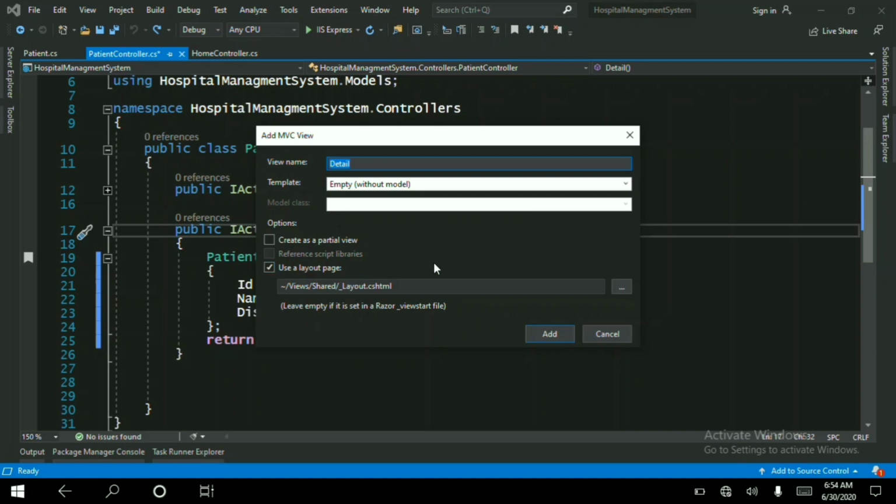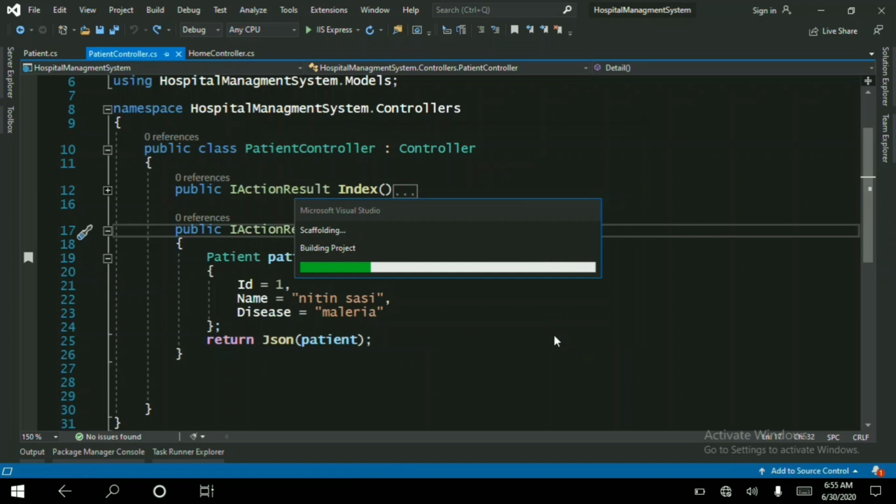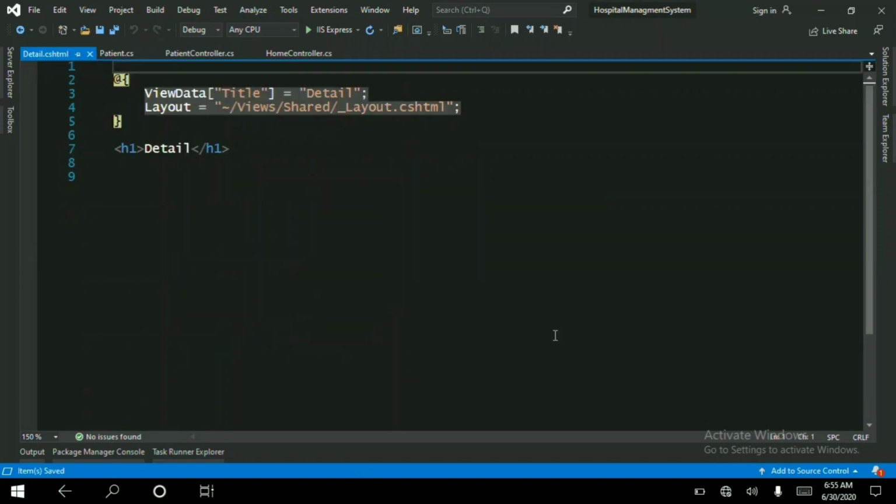We will learn what these questions are, and since we are making our project for the first time in ASP.NET Core, leave all this detail as it is and press Add so we can learn from the very basics. It will create a view in our project.